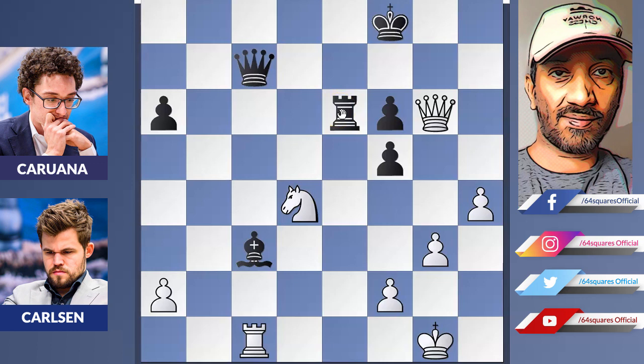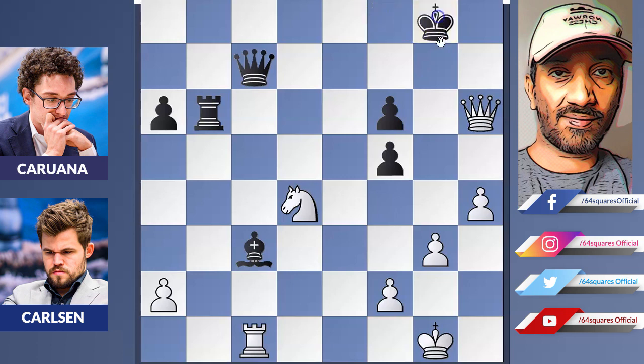At the same time, Carlsen is planning to attack the bishop on c3. So in reply, Fabi plays rook to b6 and now queen to h6 check, king to h8, king to g8 and then queen to e3. So here it was in this position on move 37 that Fabi resigned the game,